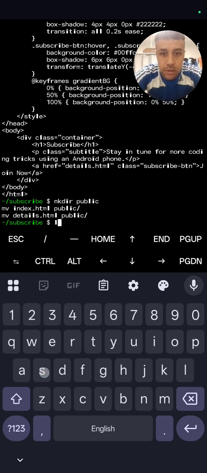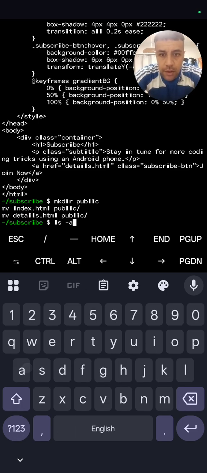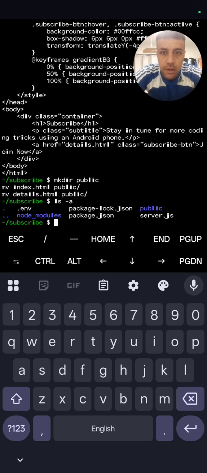So ls -a, I'll show you what's inside the folder. Enter. So now we've got .env, node_modules, package-lock.json, package.json, public, and that's the folder that we created. So if we go into public, cd public,